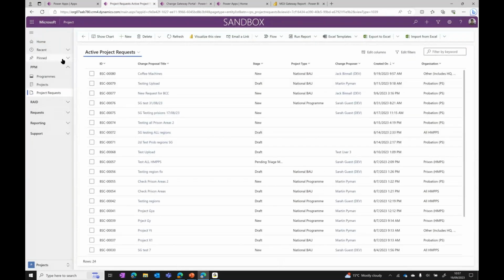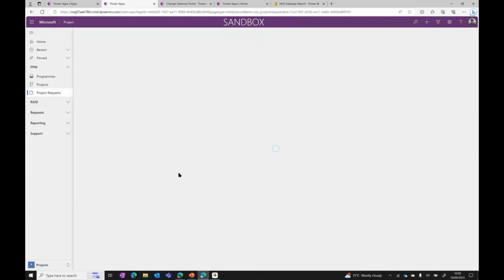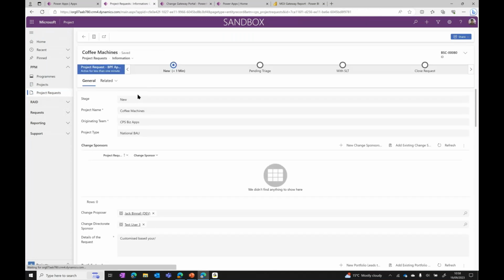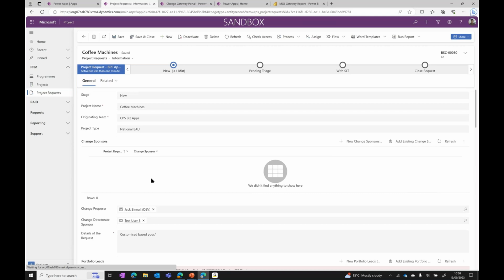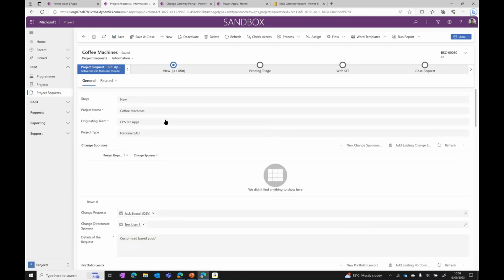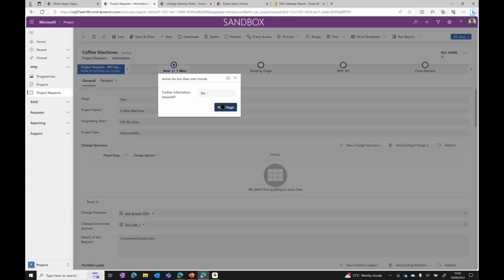This is an extension of that. So from there we can go in and review that request that was just created. We have all the data that was passed in, and we can go through and review it. But one of the key things here is we have a business process flow of that stage gated, whether or not this request needs more information. We can then move it through if it does not, and from the back of that,